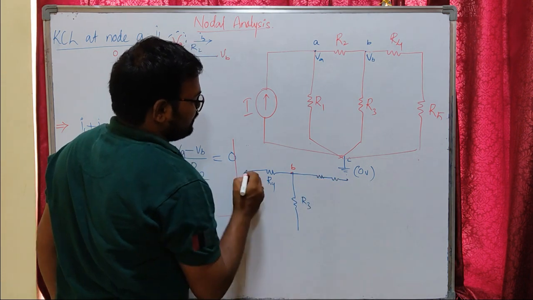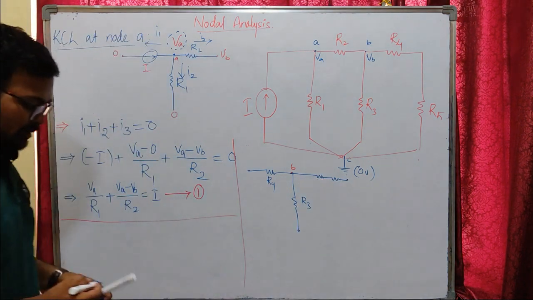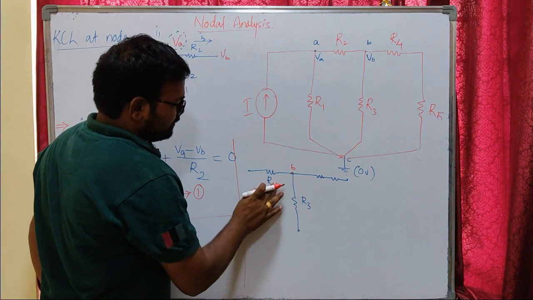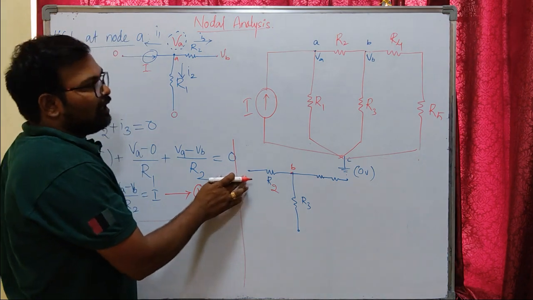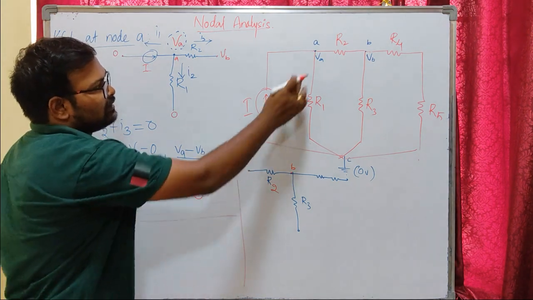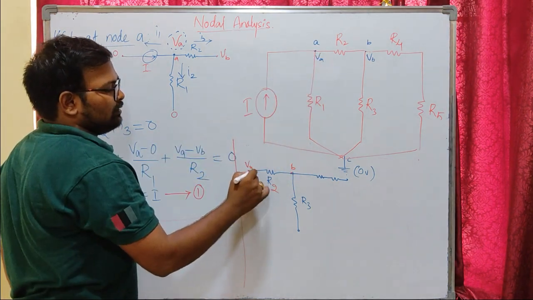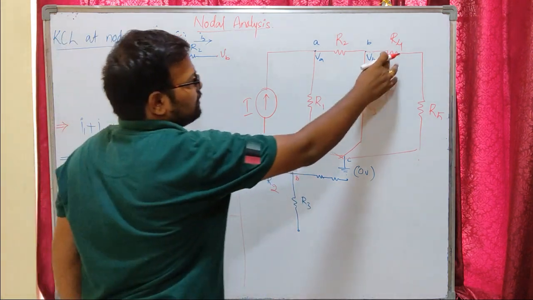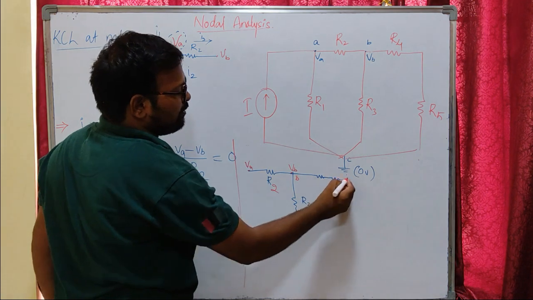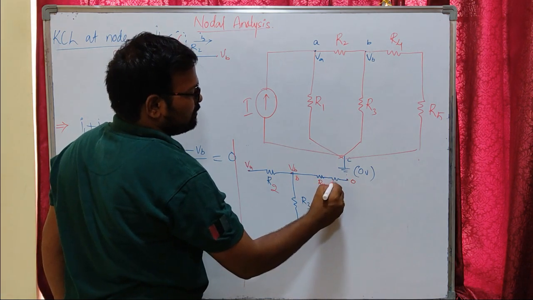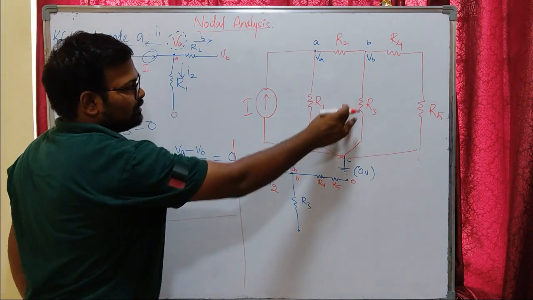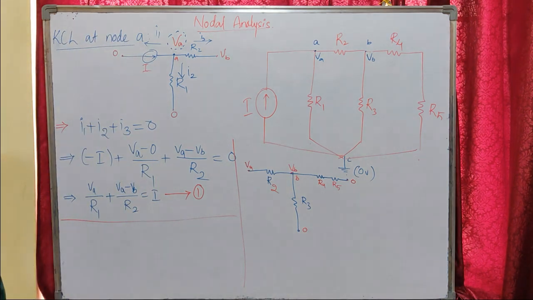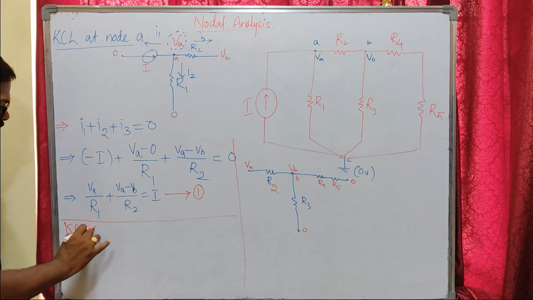Now let us write the potential of the other terminals of each element. This is R2, right? The potential of R2 at this terminal is VA. Here the potential at our node B is VB, and the potential at the end terminal of R5 is 0. So this is R4, this is R5. Similarly, the potential at R3's other terminal is 0. Now you can write the KCL at B. So KCL at node B.